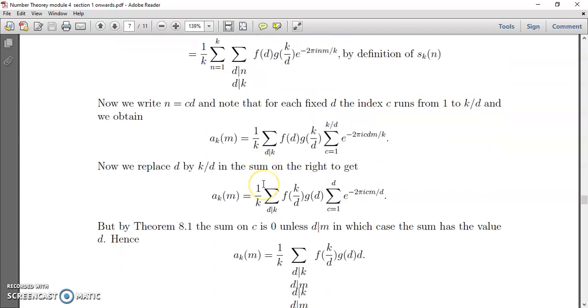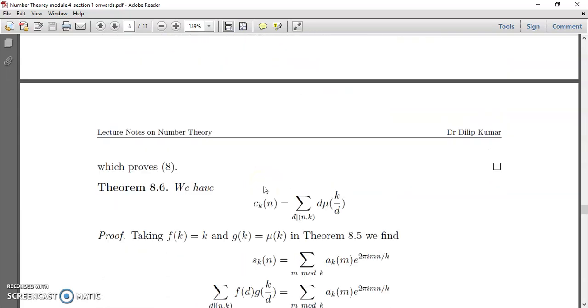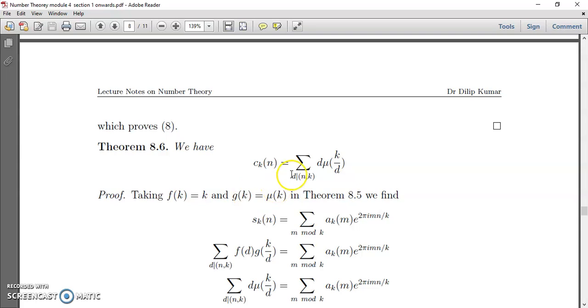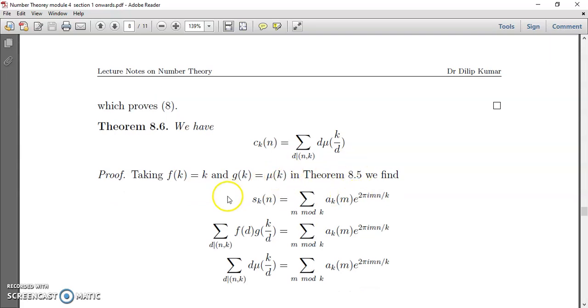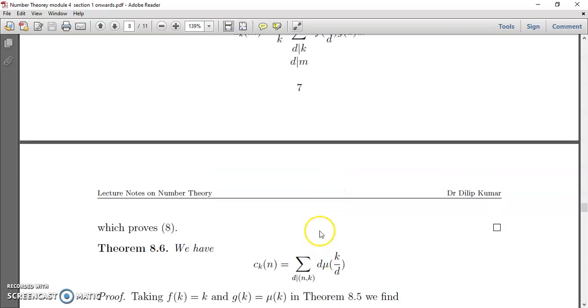Now we will go to theorem 8.6. In this theorem we have to prove that c_k(n) is sigma d divides gcd of n, k, d mu of k by d. So what we are going to do is, in the last theorem, that is in theorem 8.5, we are going to replace f(k) by k and g(k) by mu(k). So s_k(n) is, by the previous theorem,